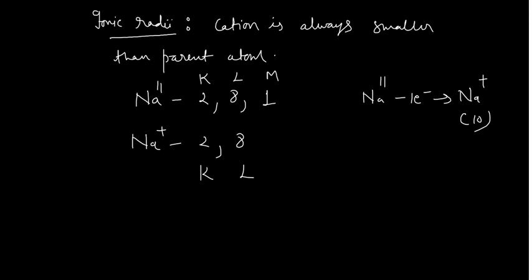So when you remove an electron from an atom, one of the shells actually disappears. When it disappears, obviously your number of shells decreases. When the number of shells decreases, definitely the atomic or ionic radii also decreases. That's why the cation is always smaller than its parent atom, which is something very, very important which you should know. Okay, and similarly if you go for the anion, say for example, I'm writing here,